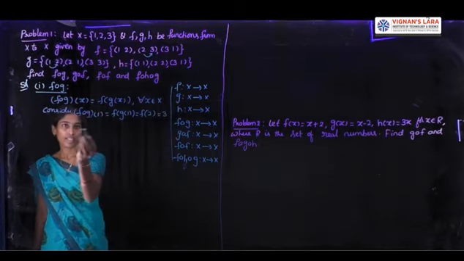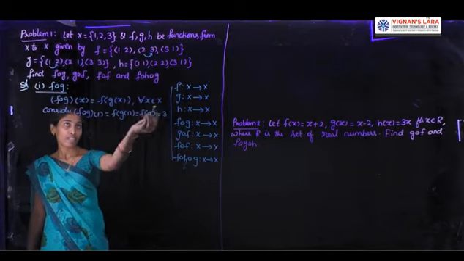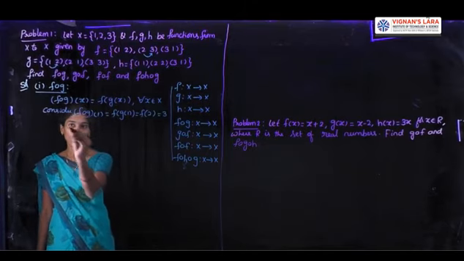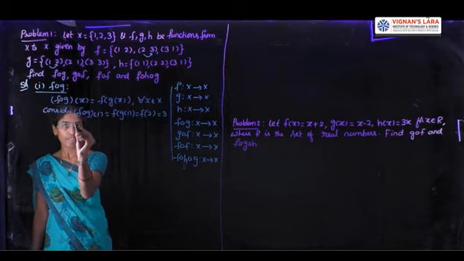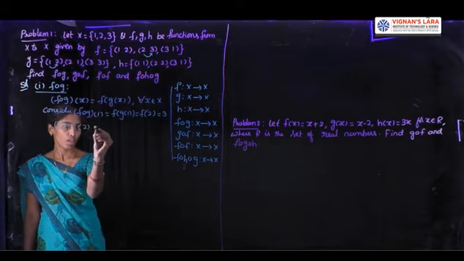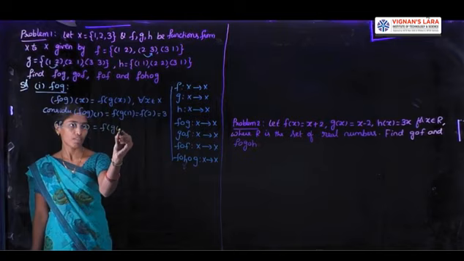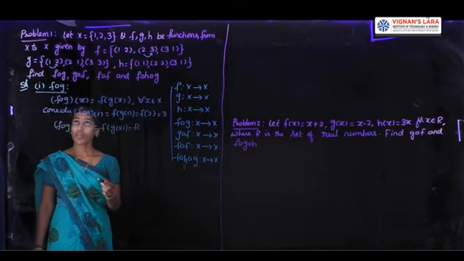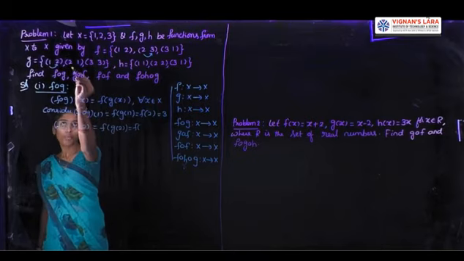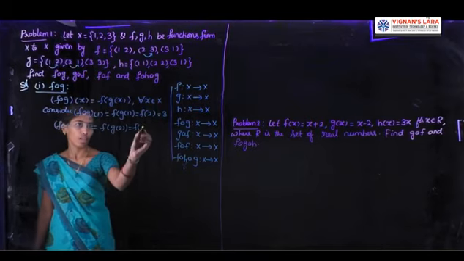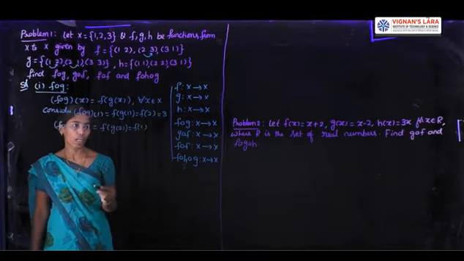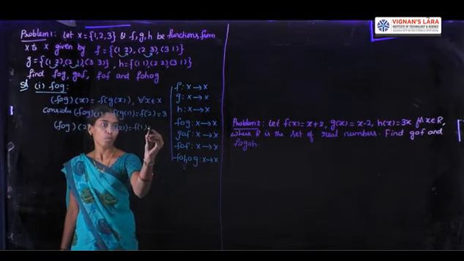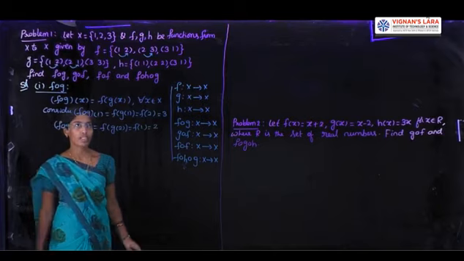Right? Next, what is the next element of set X? 1 is completed. The next element of the set is 2. So now consider F circle G of 2, which is F of G of 2. In the function G, 2 is mapped to 1. So G of 2 is 1. F of 1: in F, 1 is mapped to 2. So F of 1 is 2.